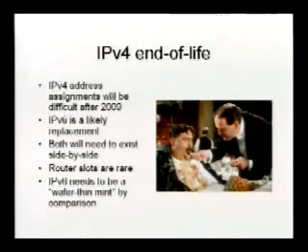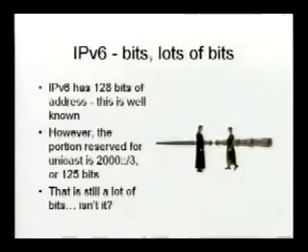There's not a lot of router space, not a lot of router slots available for doing dual core. In order to actually deploy IPv6, it needs to be like a wafer-thin mint as opposed to a really big meal. Yes, IPv6 has lots and lots of bits, but they aren't really all usable for the kind of networking we as network operators know how to do.